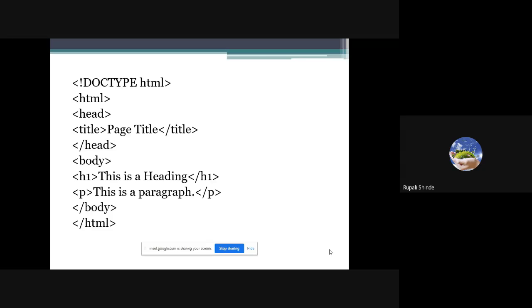And again, there are some steps to write the HTML code. You just have to open the notepad. You have to write down the code, whatever code you want to write regarding the HTML language. Then you have to save that particular file with the extension .html or .htm. You can use both extensions, but out of both you can use only one extension, either HTML or HTM. Okay, so we are going to try it for the same example.